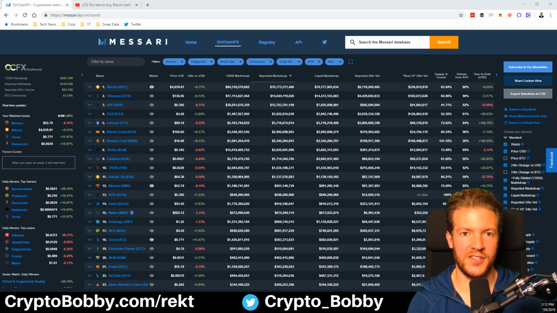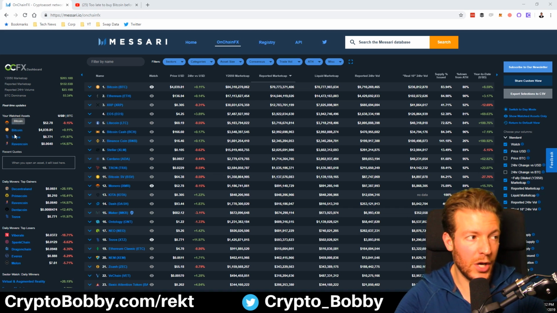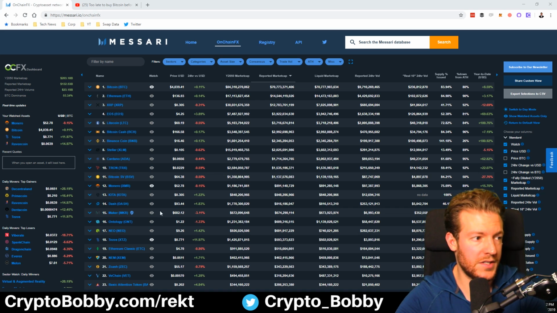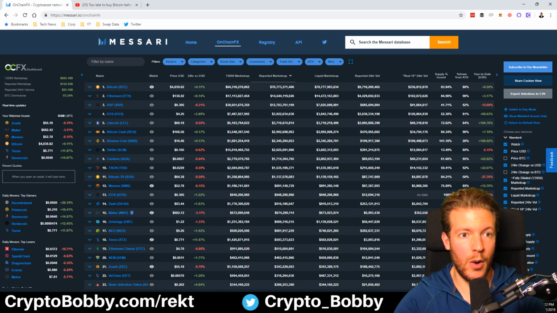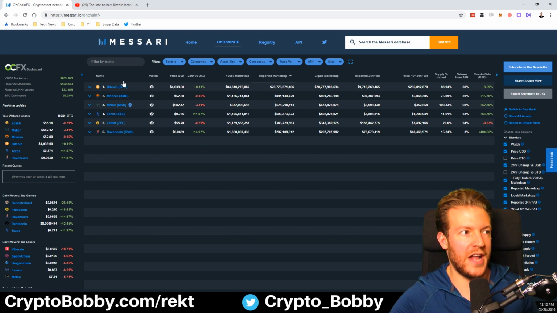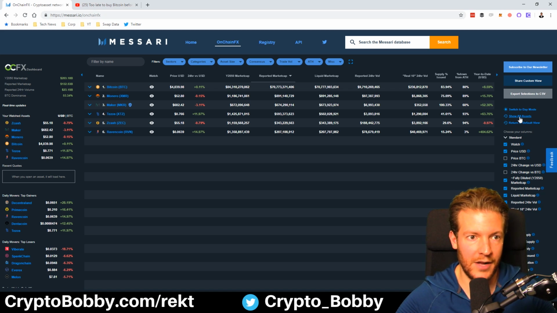And what I mean by that is, yes, there are 600 assets, and then it allows you to create watched assets as well. So right now in my watched assets, I have Bitcoin, I have Tezos, I have Ravencoin. Ravencoin's crushing it right now. I have Monero. And if I want to add, let's say, Maker, and then I want to add Zcash, I can add those to my watch list. And I can essentially track if this is my portfolio. It is not. But if this is my portfolio, I can show only the watched assets and just track the ones that I'd like to track. Or I could also show other assets if I'm trying to maybe find a cryptocurrency that I really like and something that I want to perhaps make a trade on.